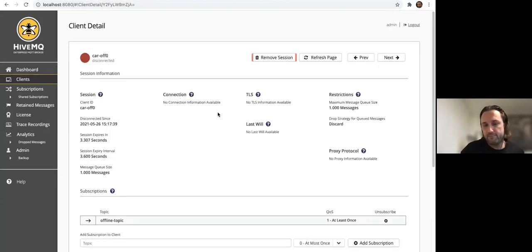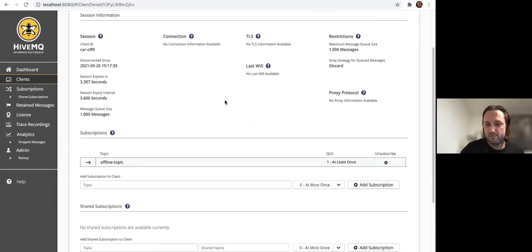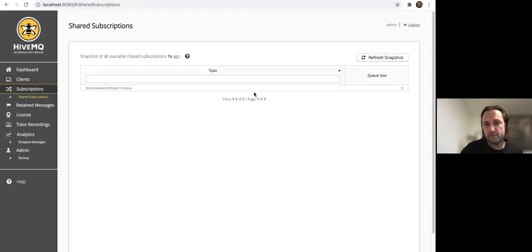For the offline, you have obviously not all this information, since the current connection is not there, so no connection information, but a similar view that helps you to identify what the root cause could be. For shared subscriptions, you have a similar view as well, where you can get an overview of which clients share the same shared subscription, because typically you have a set of clients that get these messages in a round-robin fashion,